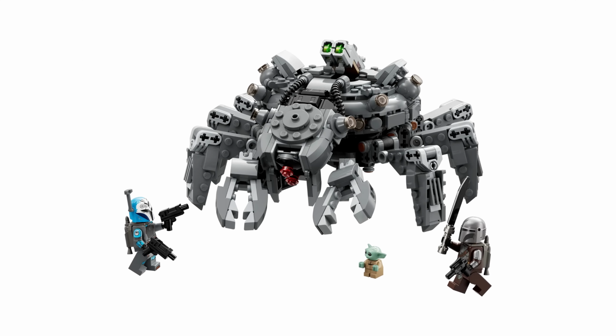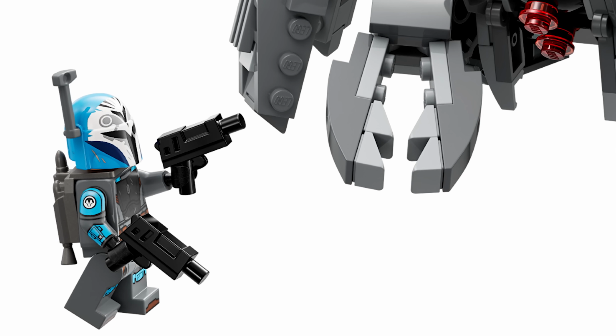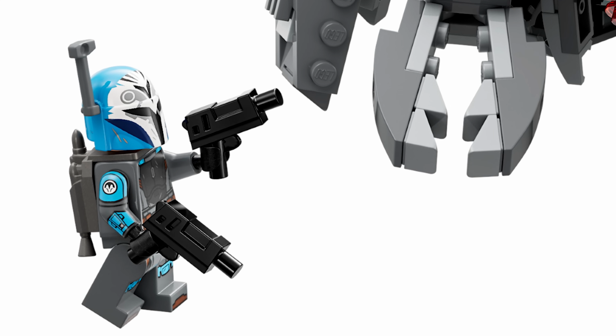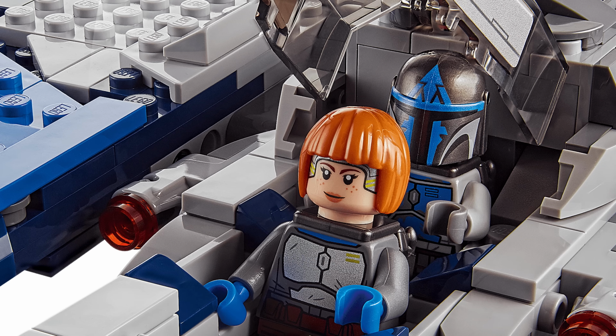I think the highlights here are definitely the figures. The Mandalorian and Grogu are fantastic offerings, as well as the new Bo Katan for this set was just phenomenal with that extra bit of arm printing and that very nice light blue on her. I think that goes a long way. And then they also gave her a new hairpiece in this set. That's something I almost forgot about. That made this character look way better. The one that they included in the